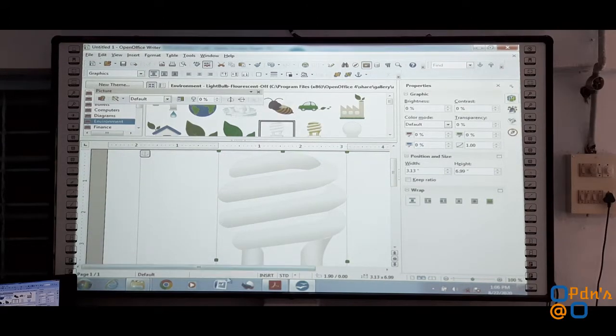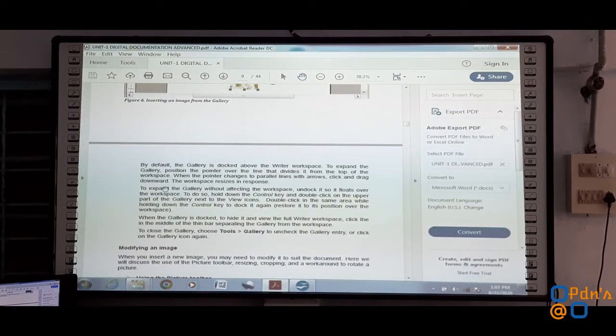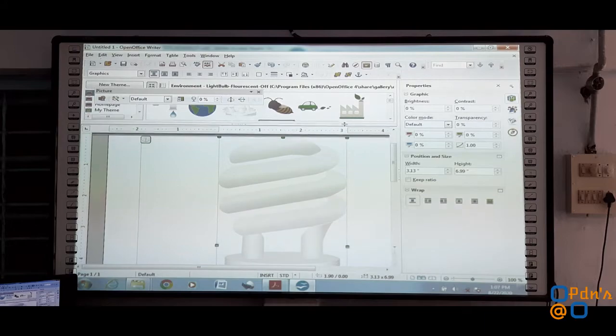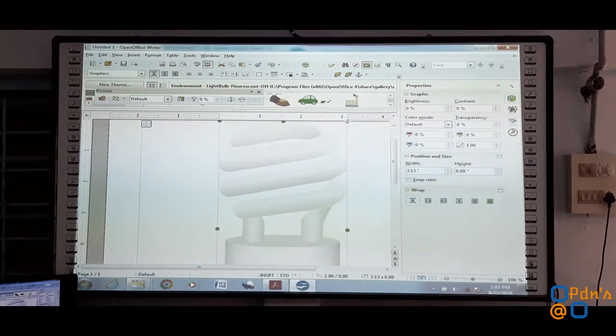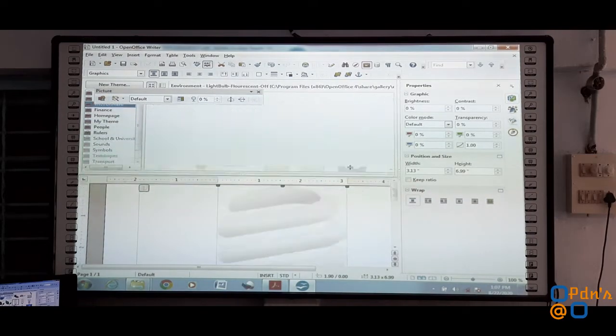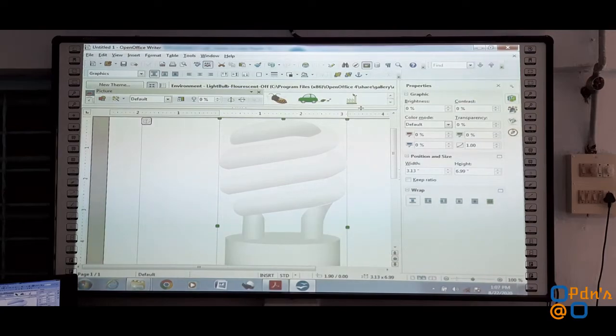Now, if we would like to bring our workspace into its normal size, or to expand the gallery, then we simply need to place our cursor at this location and drag it upwards or downwards. Based on our requirement, the workspace as well as the gallery will be increased or reduced in size.